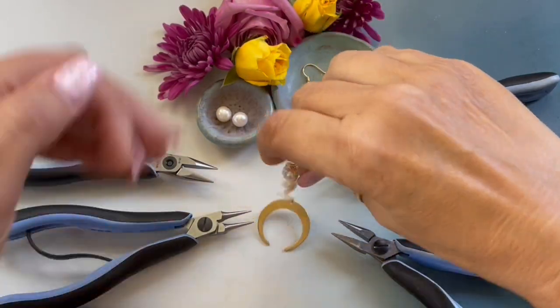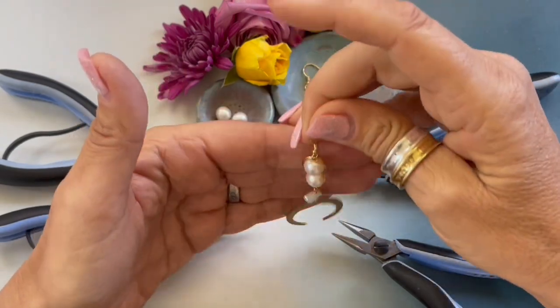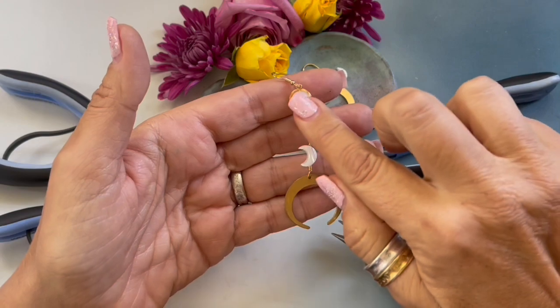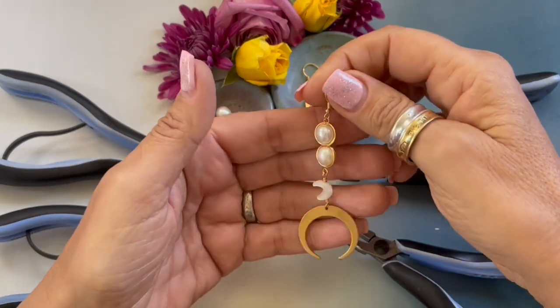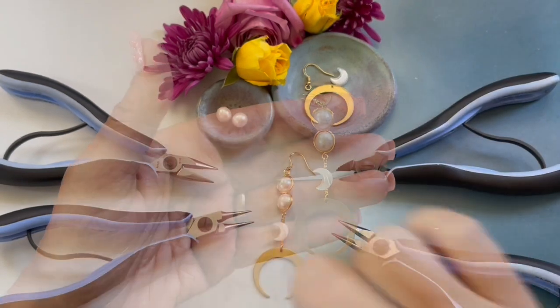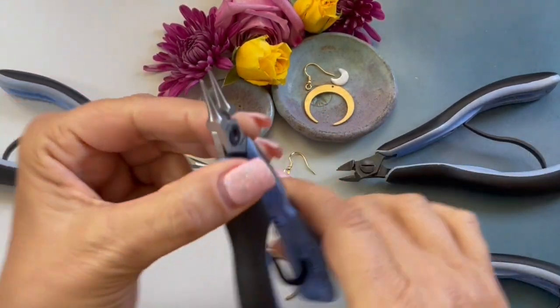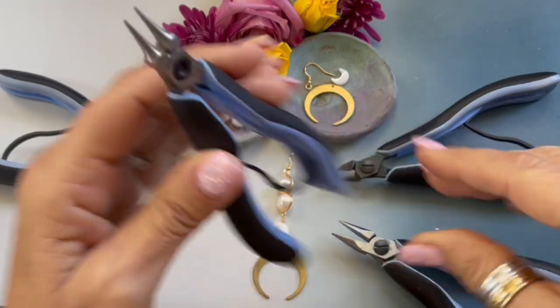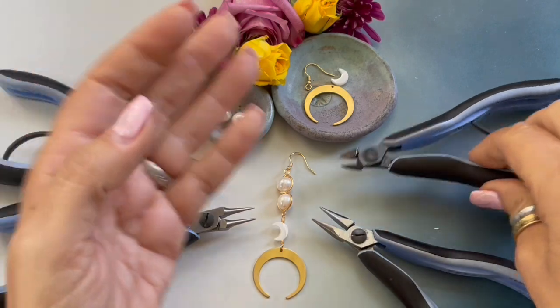Denise Yezbak Moore, and today I am going to show you how to create these freshwater pearl, mother of pearl, celestial earrings. The tools and supplies you will need to create these earrings are round nose pliers, chain nose pliers,